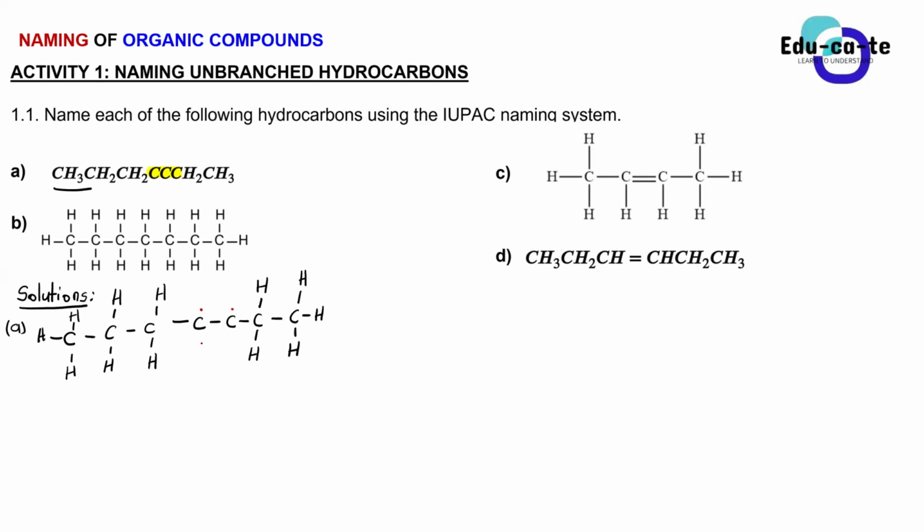But if we count the number of bonds on this carbon as well as on this carbon, we're having 2 on each. So it means that we must have 2 other bonds between them, so that each can have 4 bonds in total. So if we add 2 other bonds between these 2, this is going to be a triple bond. So it means that this is an alkyne. Okay, so now according to your naming standard, what did you say the name was, Sam?